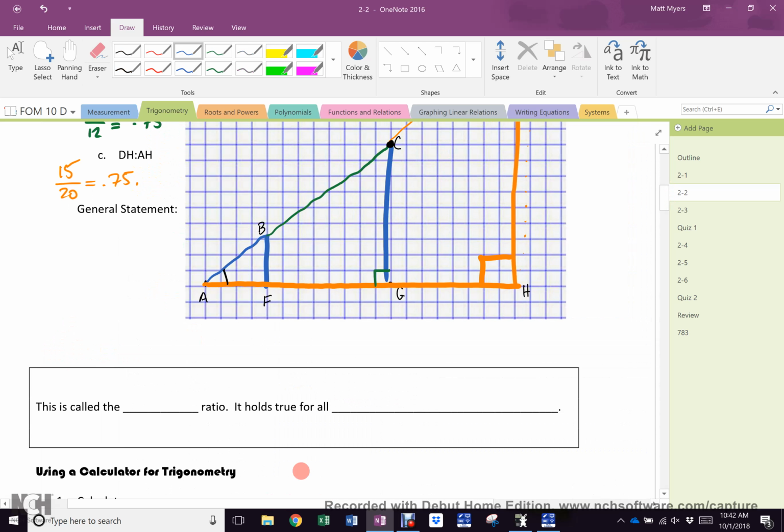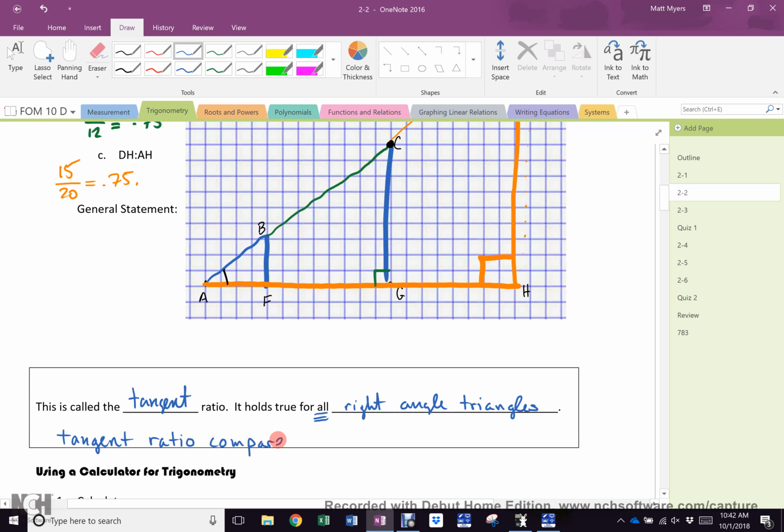This is called the tangent ratio. Yes, and it holds true for all, please underline all, right angle triangles. What if it's not a right angle? Then you can't do this. The tangent ratio, the tangent ratio